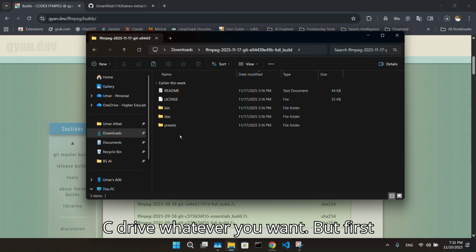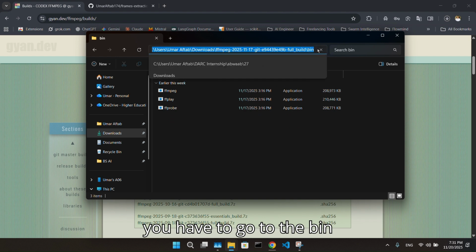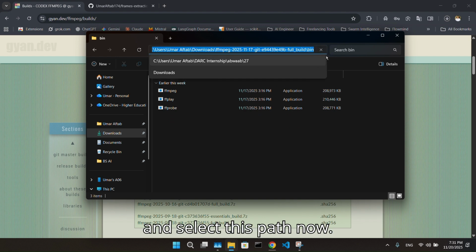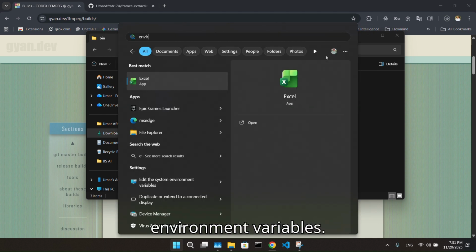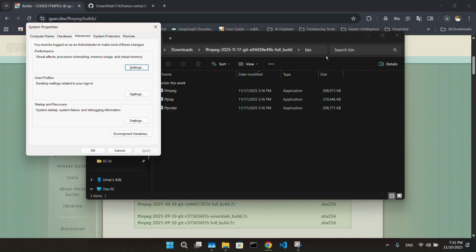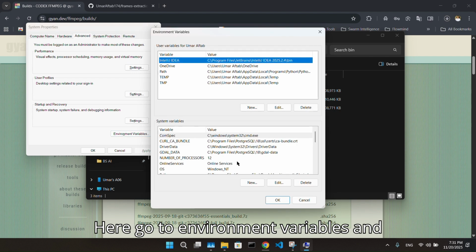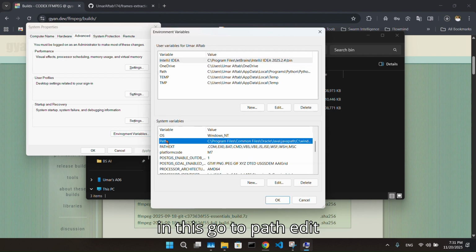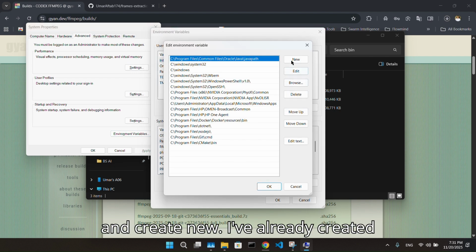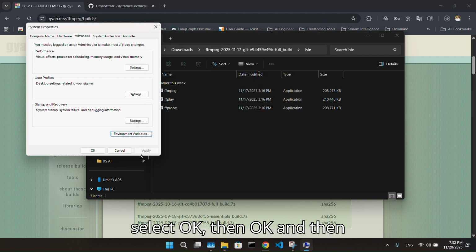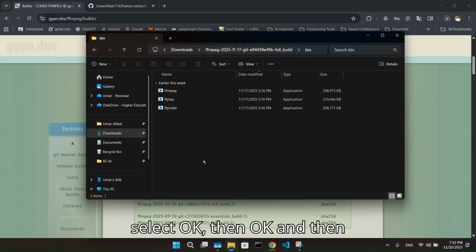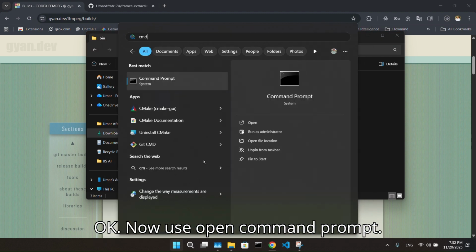But first you have to go to the bin and select this path. Now search environment variables. Here, go to environment variables and in this, go to path, edit and create new. I've already created it, so I won't add this one, but you have to select OK, then OK, and then OK. Now, open command prompt,